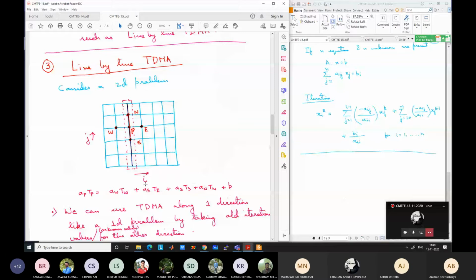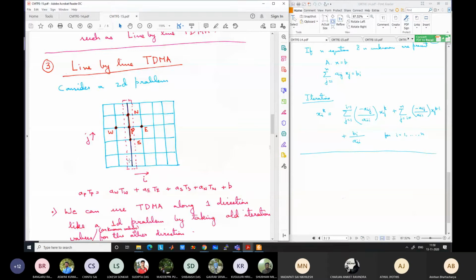Say you consider this vertical line that I have shown by this box. At any moment in the calculation, say you have reached this vertical line. For this vertical line, let all the points have unknown values. For example, this point has an unknown value, this point unknown, this one unknown, like this. So for P, the N and S values, TN and TS, are unknown.